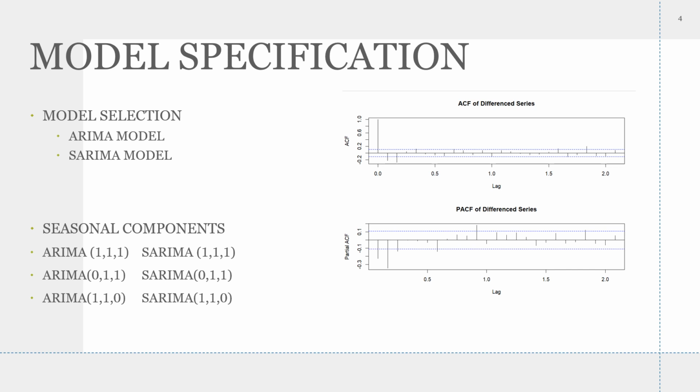The seasonal components were then identified via the use of ACF and PACF plots on the differenced series. The ACF's initial significant spike suggested a moving average component of 1. The PACF followed suit, justifying an autoregressive term of 1 as well. This led me to explore 6 ARIMA and SARIMA configurations, which are noted on the slide below. For the SARIMA models, however, the seasonal period was set to 12 to reflect a midpoint between solar cycles as well as seasonal annual cycles.